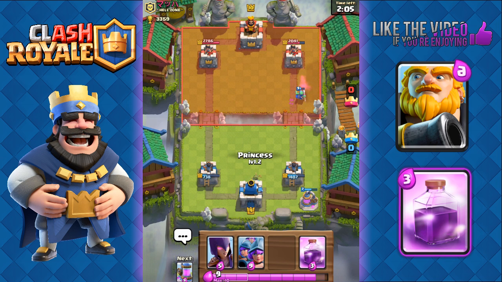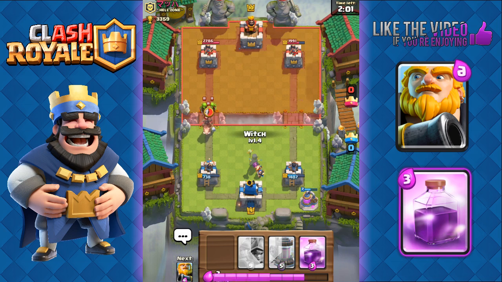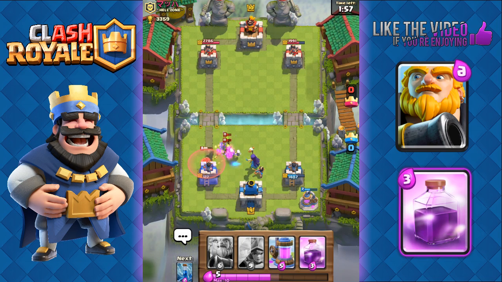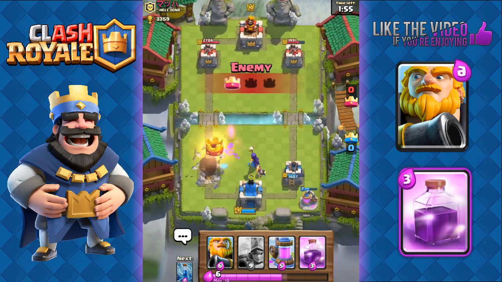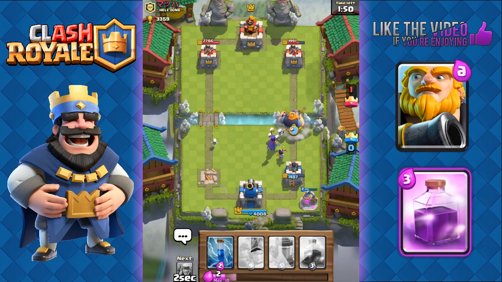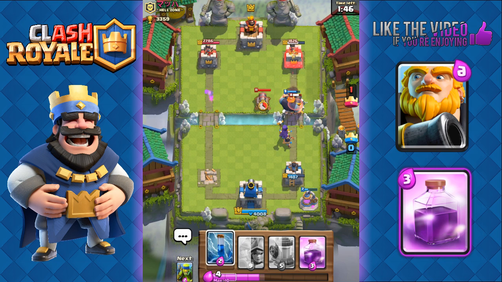And let's see, I'm expecting another Hog Rider push. So Princess right here, Witch right here at the center, and with her range, she's gonna be able to take out the Hog Rider and the Goblins, and also now focus on the opposite side. So right here, as you guys can see, I'm gonna combine them with the Royal Giant and attack him from